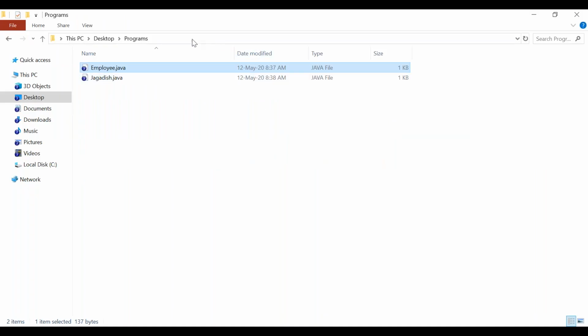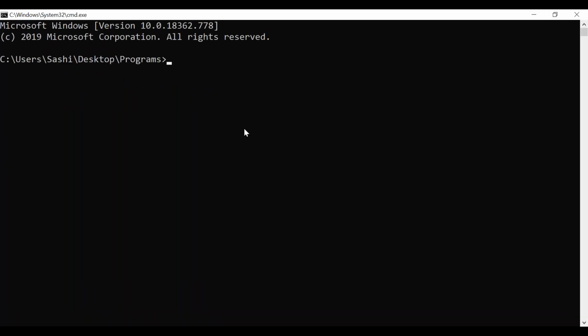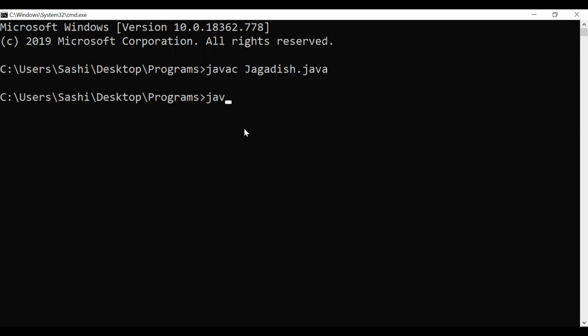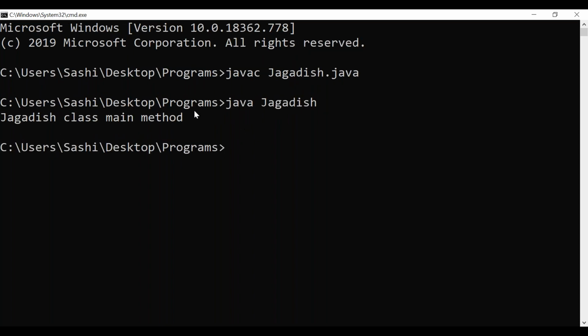Let's compile it. Open the command prompt here, CMD. I can compile javac Jagadish.java. Compilation is success. How to run it? java class name. You are getting output, right? This is Jagadish class main method, correct?